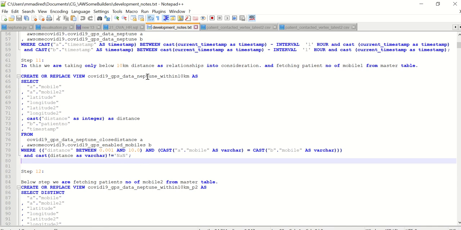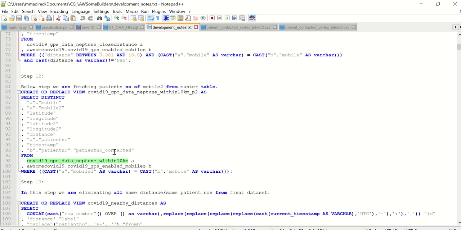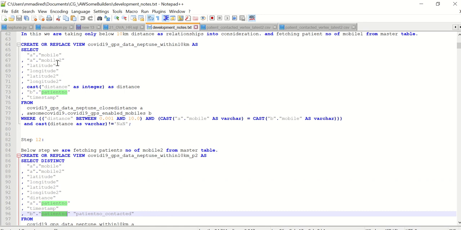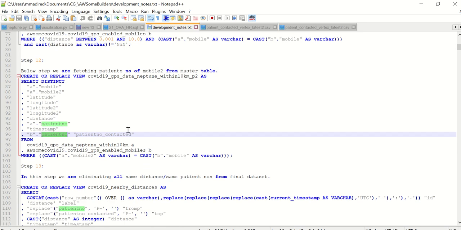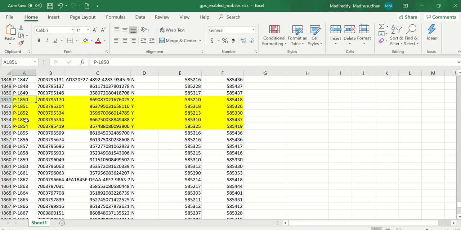So next, from this, we are finding their patient numbers. In the GPS data, we will not have the patient number, we will only have mobile number and lat long information. From that we have generated the distance, then join this with the master table, GPS enabled mobiles. In this GPS enabled mobile master table, we are maintaining the patient number.